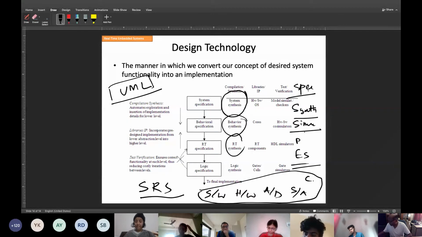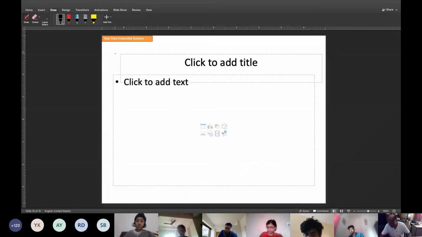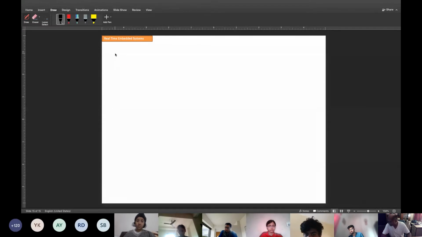After simulation, prototyping starts. Like you guys are doing the digital filter. What are you doing first? You are now first specifying the digital filter. I will give all these steps as an example with respect to the digital filter. Please note it down, I will not be able to write everything. Please write, because it will take a long time to finish everything. So let's consider the example of a digital filter.